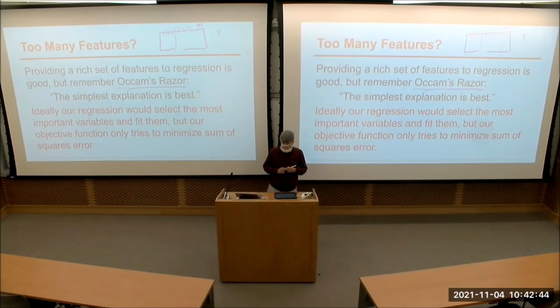You could imagine a world where, if you have a finite number of training examples and a large number of features, the absolute best model is probably going to use all of the features to